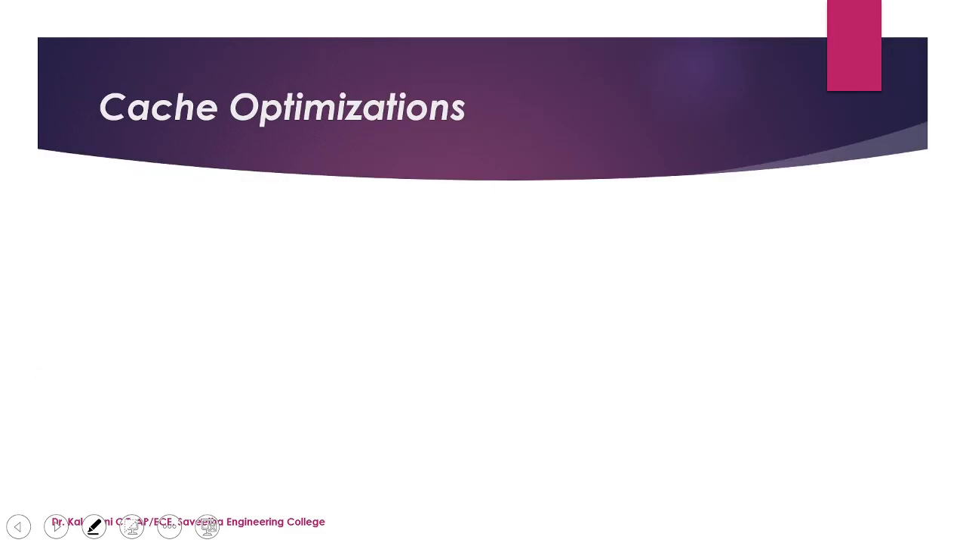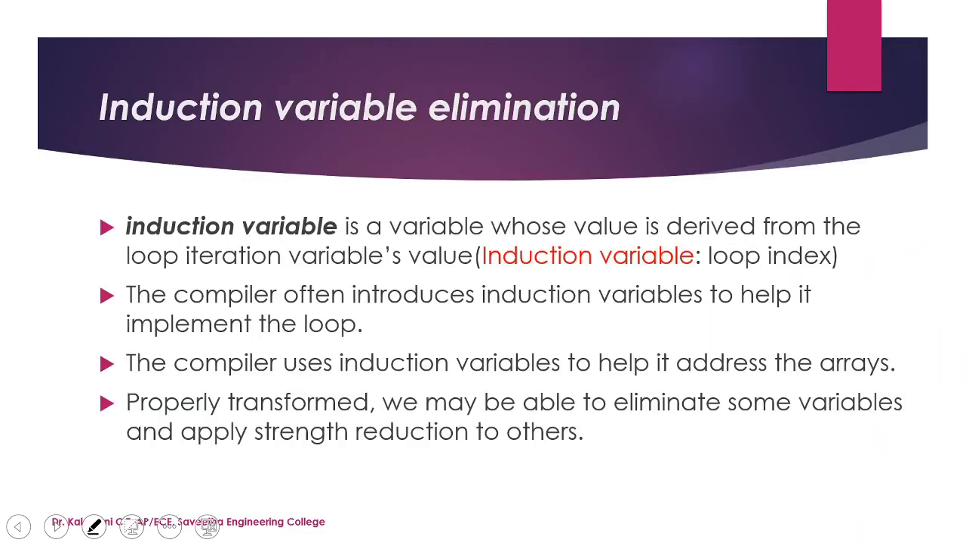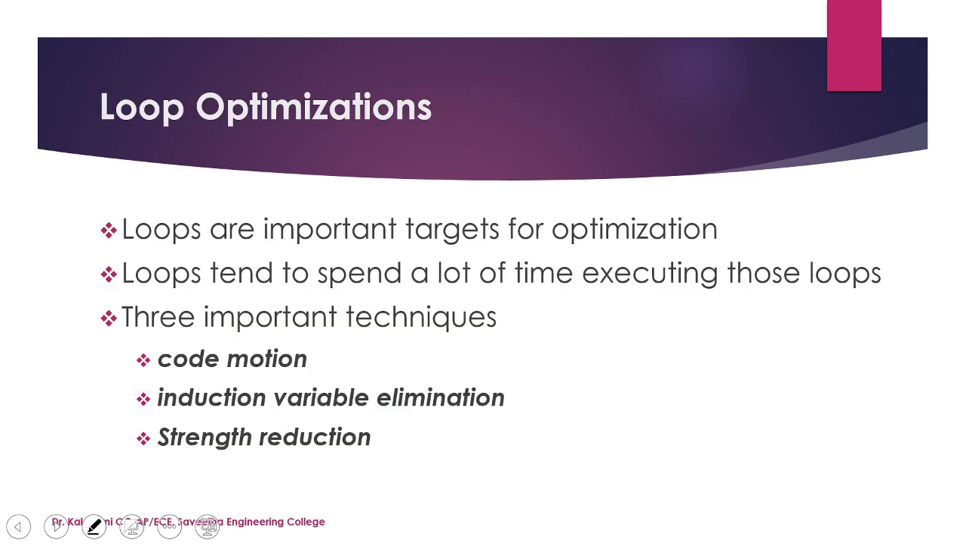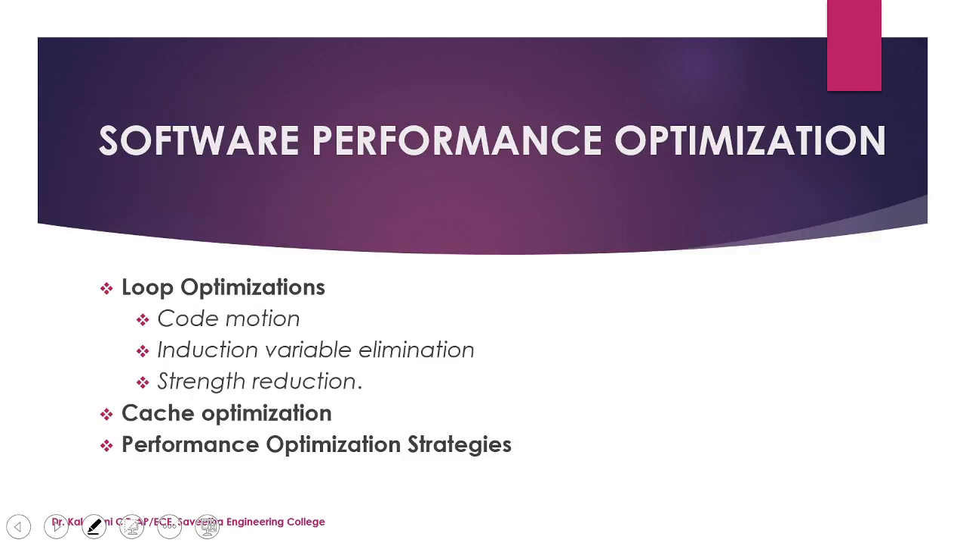So we will go through the video once again, as a recap. We have a recap of software performance optimization. We have seen loop optimization, under that code motion, index variable elimination, strength reduction, and cache optimization with an example,